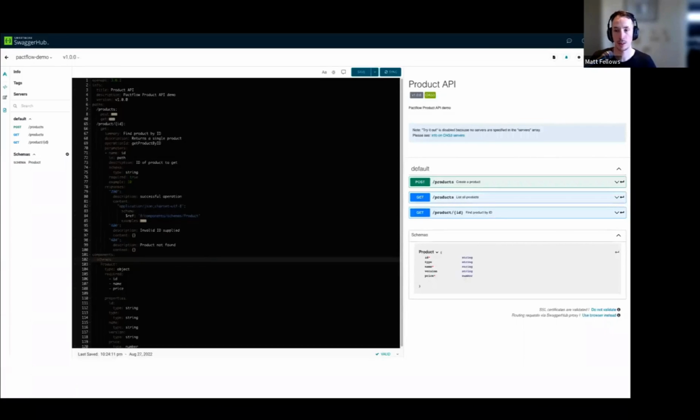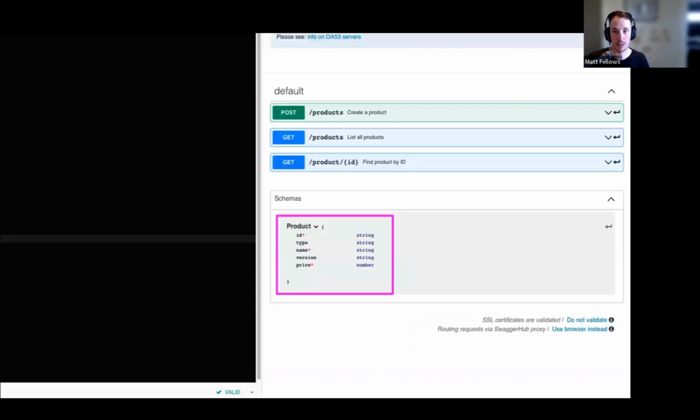All right. So as we talked about, step one is always going to be designing our API, and we do that inside SwaggerHub. We don't need to look in too much detail here, but we've got this big OAS file. We've got a few endpoints there to create, update, and get products. If we zoom in a little bit here, we can see that the schema for this product endpoint has 5 properties: ID, type, name, version, and price. There's a couple of mandatory fields there, and the price is a number.